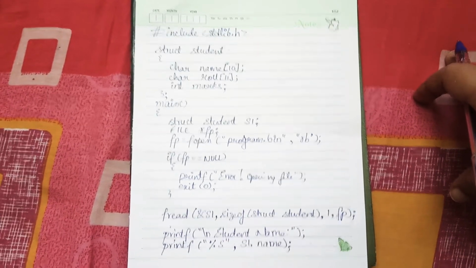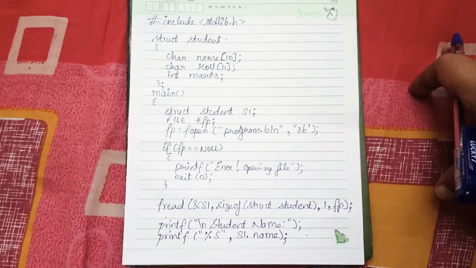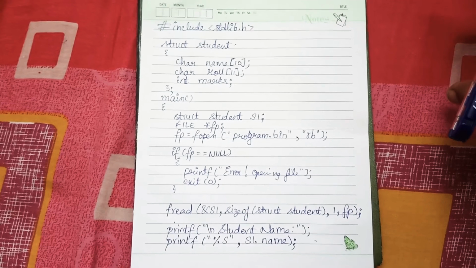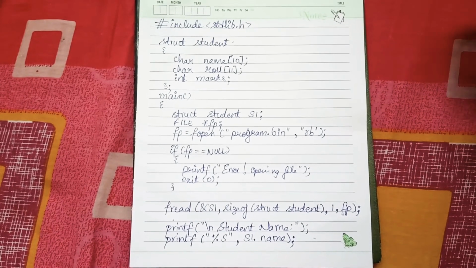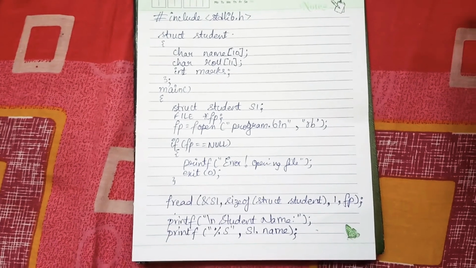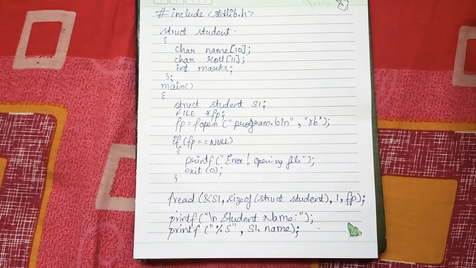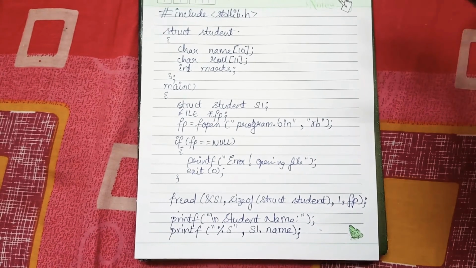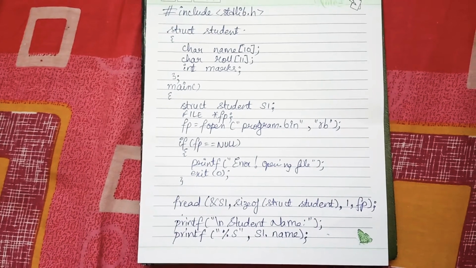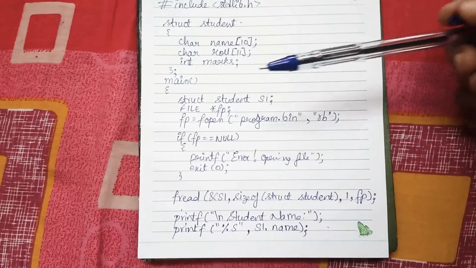In the previous session, we have seen how to write some data into a binary file using structures. Now, we already discussed the drawback of structures: if you would like to read some data into the structure and print it, that has to be done in the same program itself. But if you would like to store the data of a student for a long period, we have to store them in a file. So a structure cannot individually provide that advantage for us, so we have combined the concept of structures and files. Now how are we going to retrieve that data?